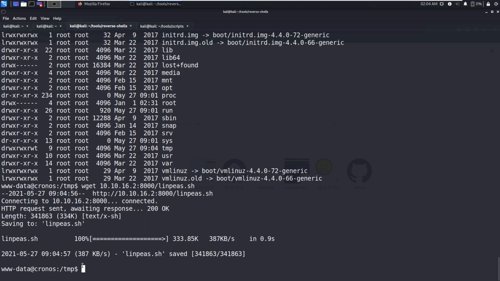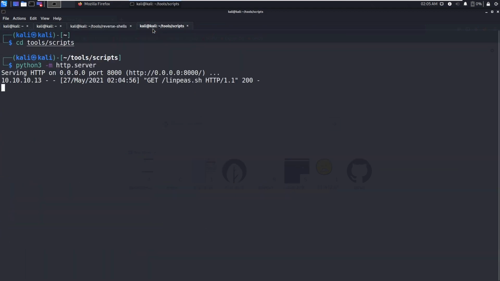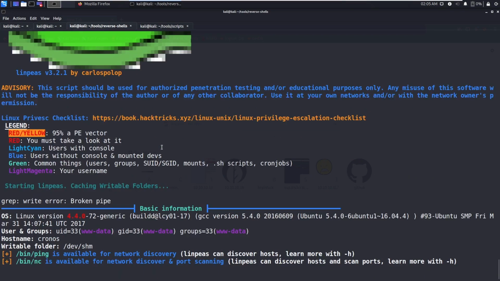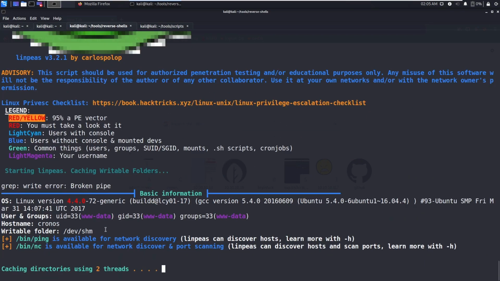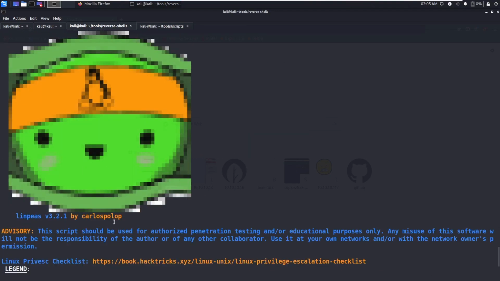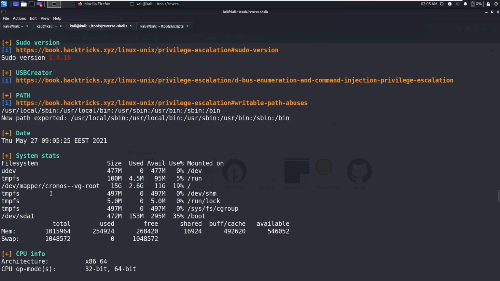Oh, it saved. Okay, in the previous case I don't know why it did not save. Let's make it executable and run linPEAS. So here we get a cron job running every minute. The name of the box is Cron OS, so that means a cron job should be there.